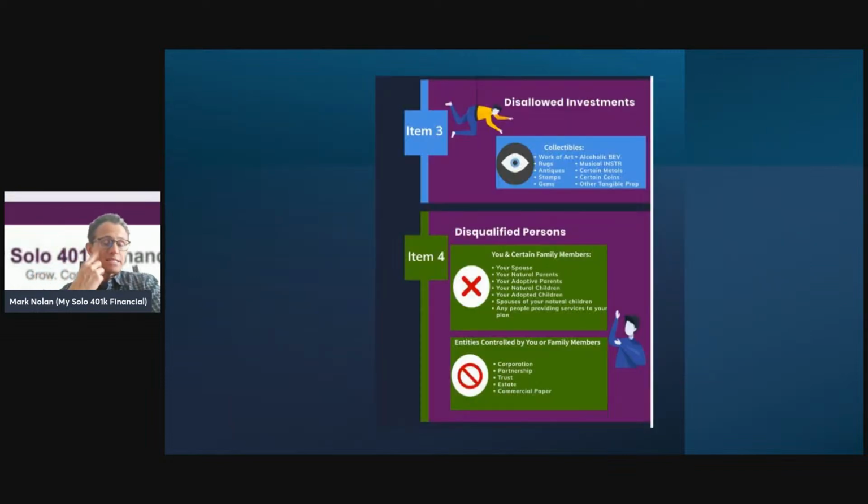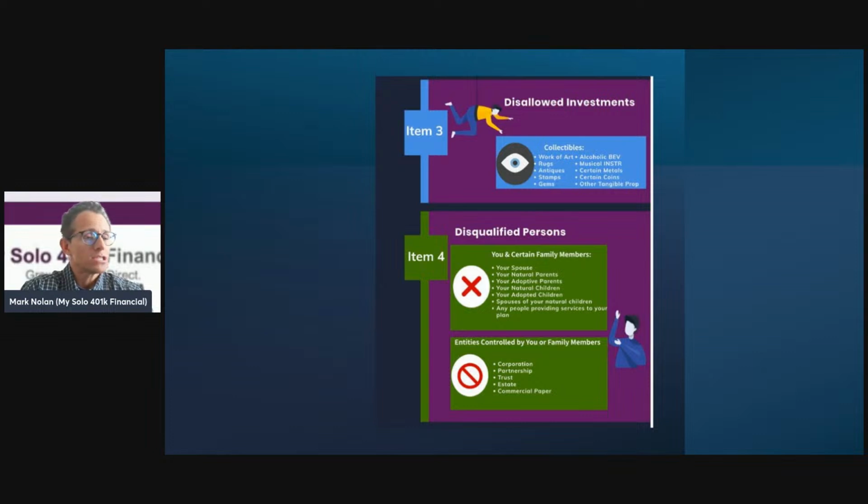Now let's talk about some disallowed self-directed 401k investments. So typical disallowed investments in a self-directed 401k, aka solo 401k, are collectibles, such as works of art, rugs, antiques, gems like diamonds, emeralds, any type of gem, stamps, alcoholic beverages. Doesn't matter whether it's whiskey, tequila, or fine wine. Those are all disallowed investments. Musical instruments,